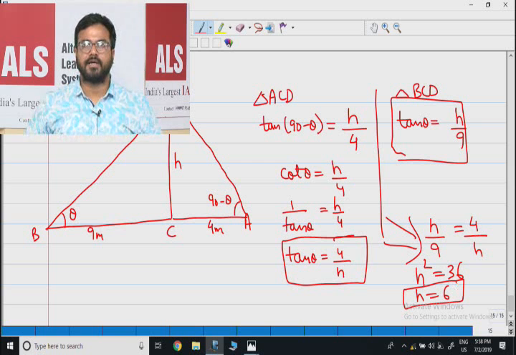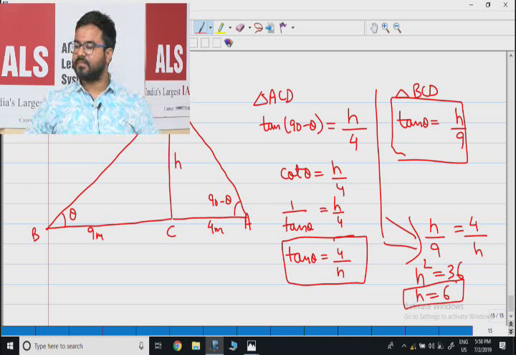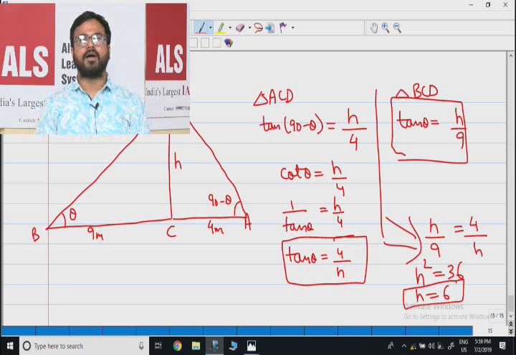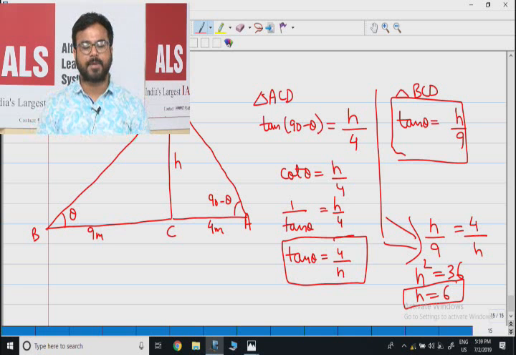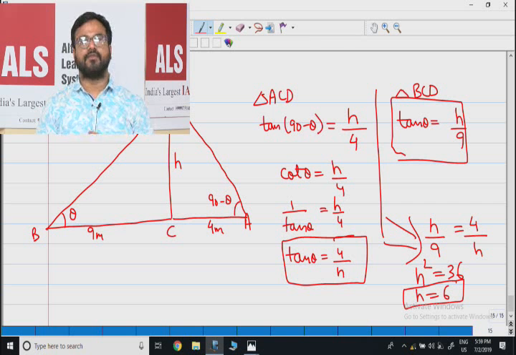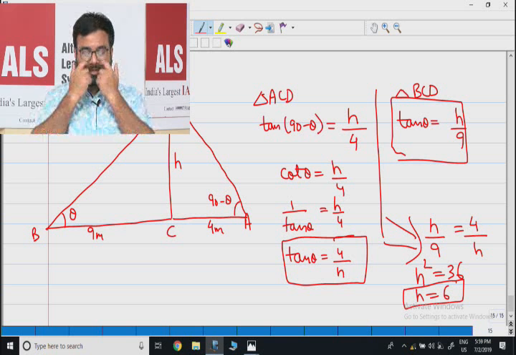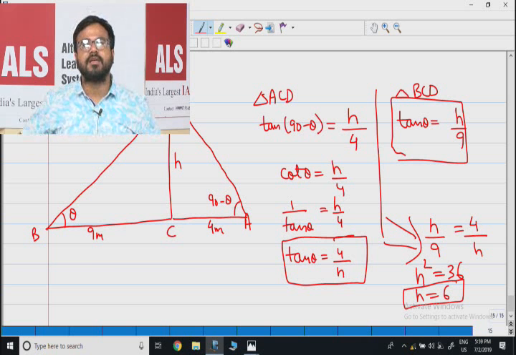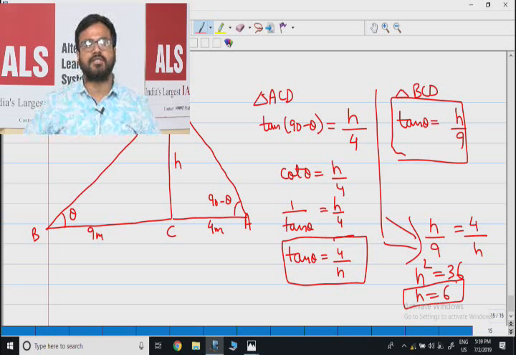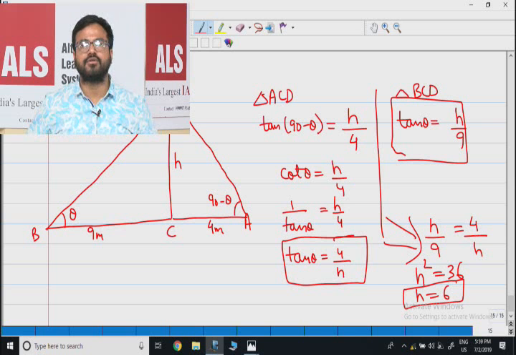I hope this is clear to all of you. So this was all about the application of trigonometry, the heights and distances part, and I will share one worksheet with you on the WhatsApp group so that you can practice some more questions. And second thing, in the next class we will start coordinate geometry. So just have a look at the coordinate geometry chapter, what topics we have to study, and go through it. It will be easy for you to grasp the concepts,